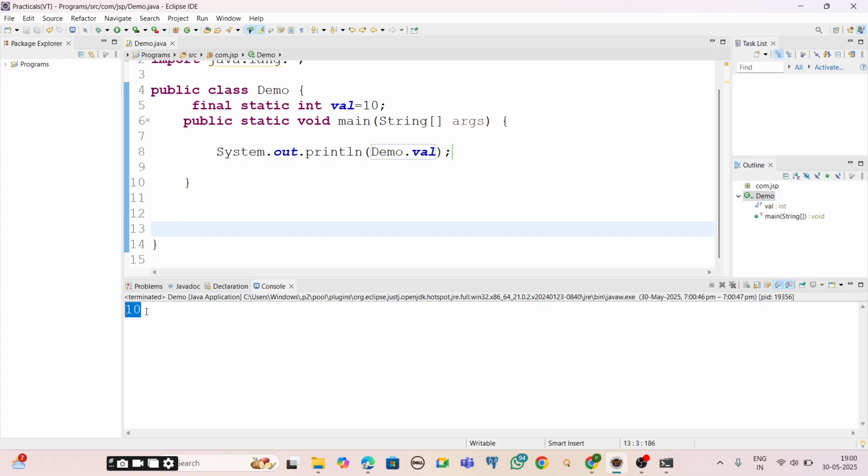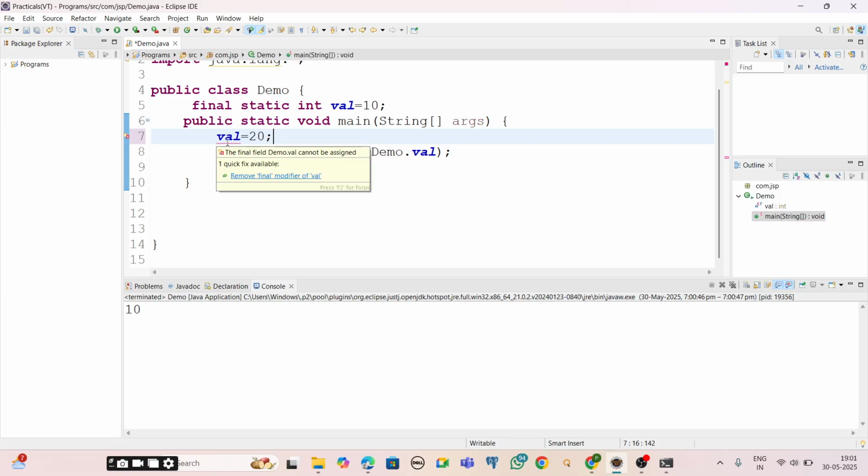So this is how we can make member variables final also. We cannot reinitialize. Let me try to reinitialize, value is equals to 20. See, I'm getting an error: the final field Demo.value cannot be assigned, cannot be reinitialized, we cannot modify.